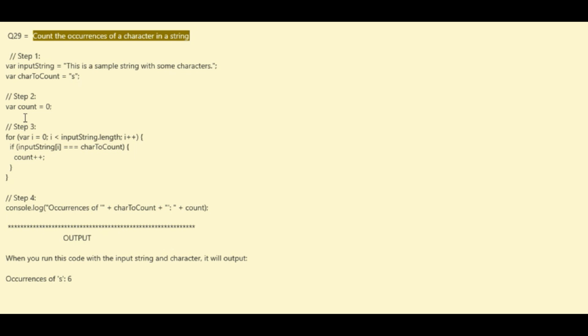Come to step 2, initialize a variable to store the count. Here you create a variable named count and initialize it to 0. This variable will be used to keep track of how many times the character appears in the string. Come to step 3,